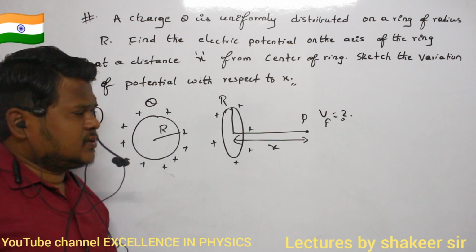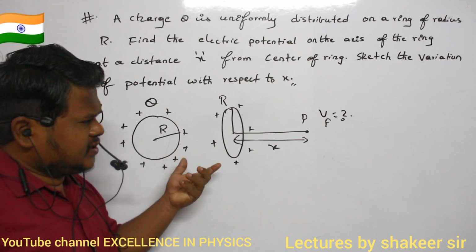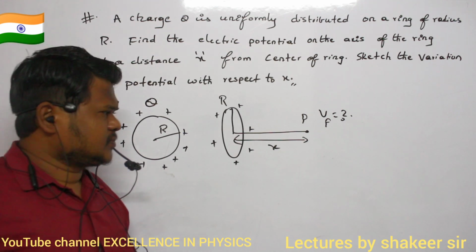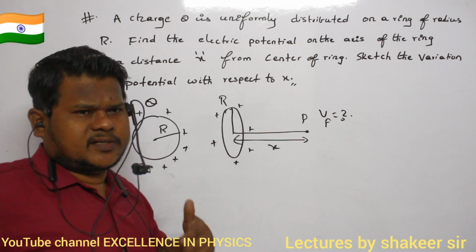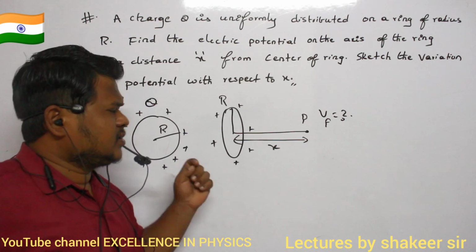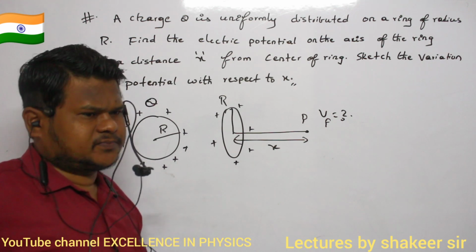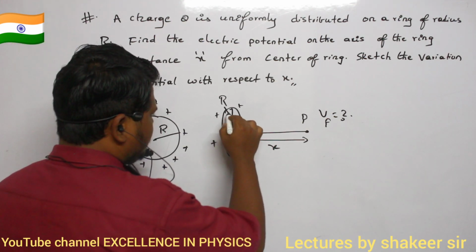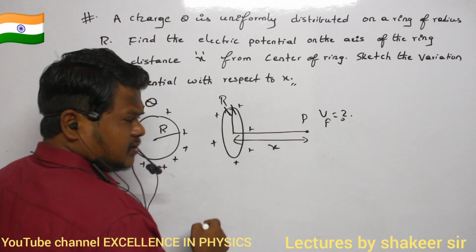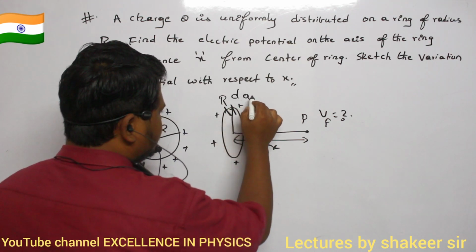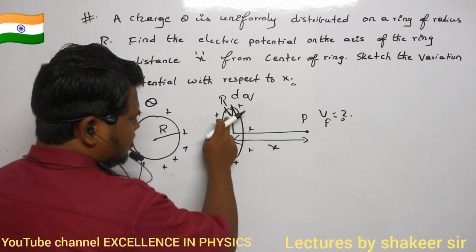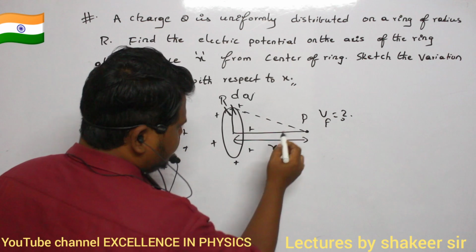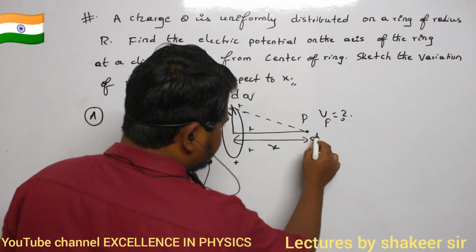First of all, this ring, is it a point charge or is it an extended charge? What kind of charge is this? Definitely this is an extended charge. So charge is not present at a point. So what I can do, I can take the help of calculus. No? So how can I take the help of calculus? Very simple. You select a small dq. What is dq? Small amount of charge. So due to this small amount of charge, here at this point, a small amount of potential will be developed, which will be called dV.